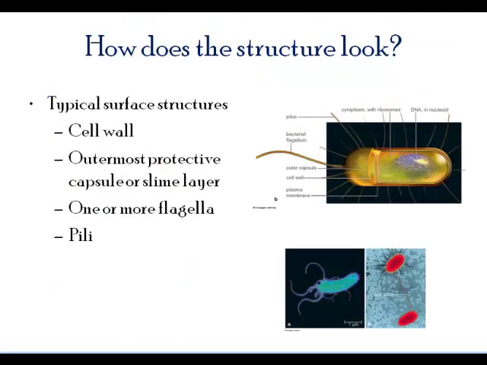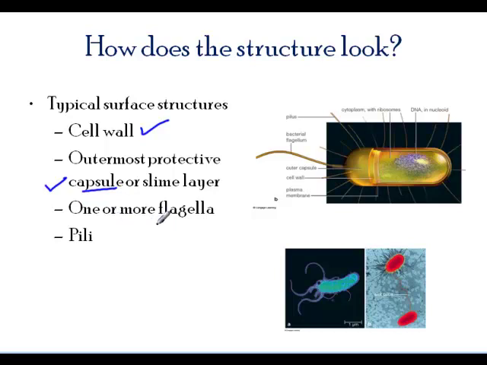The structure of a prokaryote is very simple. It almost looks like a capsule over here. You can see it's like a capsule, and it has a coating on the top. The coating is the cell wall, and sometimes outside the cell wall there is a capsule. Prokaryotic cells that have a capsule are actually more resistant. For example, the bacteria that cause pneumonia have this capsule, and that's why they're very resistant to certain antibiotics. And even if one bacterial cell survives, it can multiply and give rise to another population.